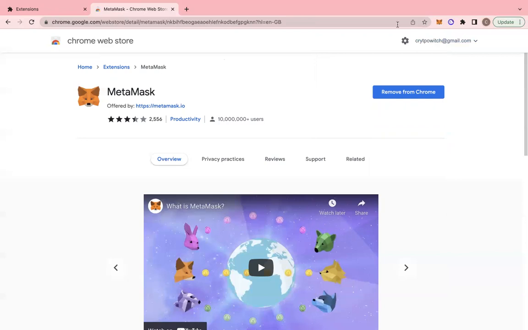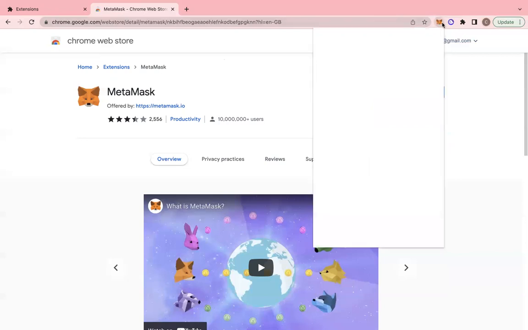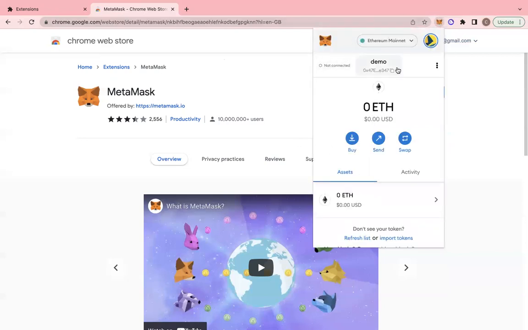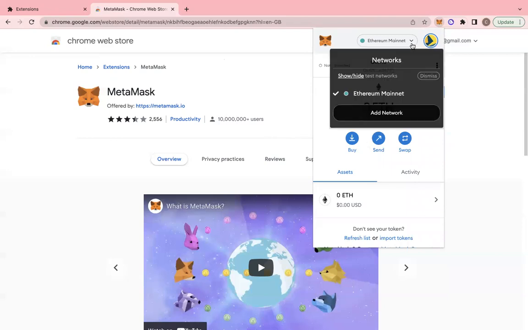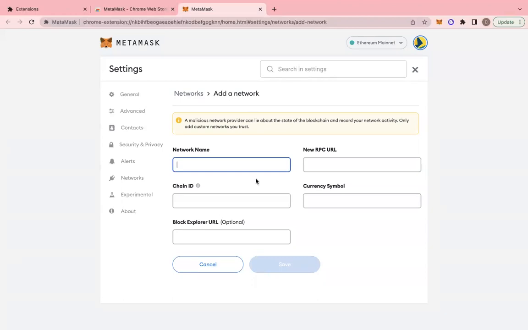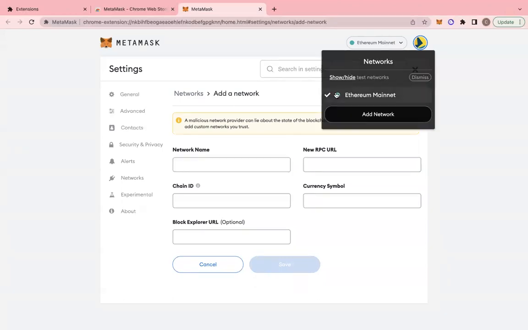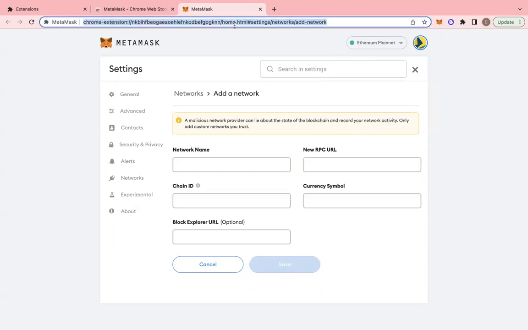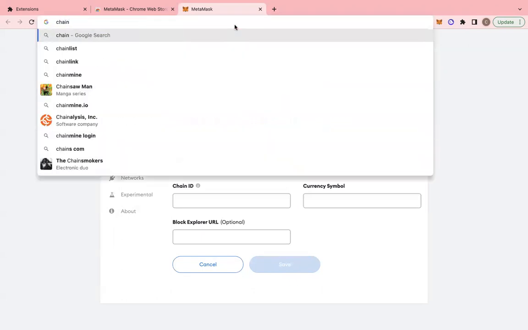So moving forward, we've seen how one can create a MetaMask wallet. Once you've created your MetaMask wallet, you have something similar here. But now for the testnet airdrops, we'll be working on different networks. That means we need to add more networks here. Currently I have just the Ethereum network. So how do you add a network? You just need to come to